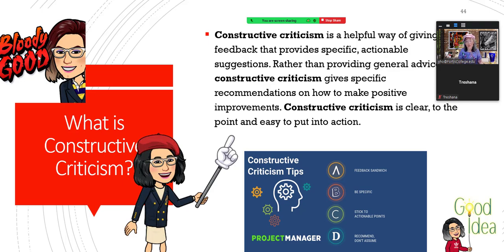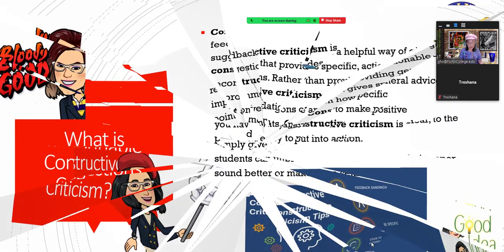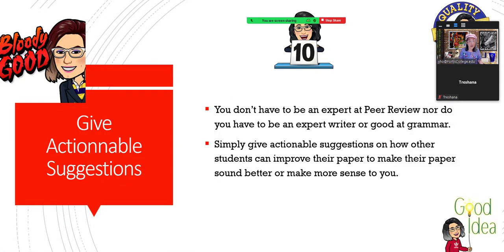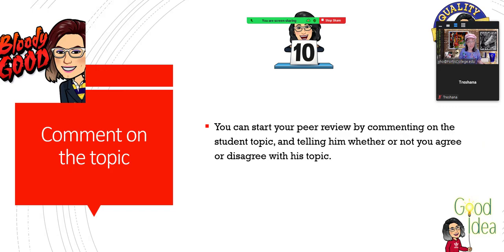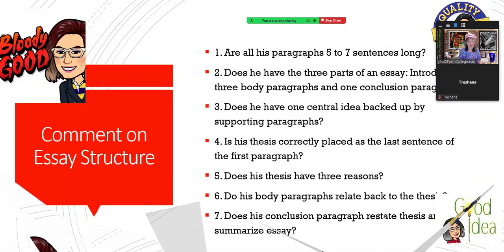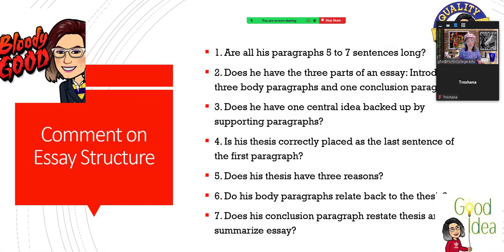And so that way you want to do the feedback sandwich: something positive, areas of improvement, then positive. Then you want to be specific, stick to actionable points, and recommend, don't assume. So you don't have to be an expert to do it, just give actionable suggestions on how other people can correct their papers. You can comment on the topic, and here are what you can look for when you comment